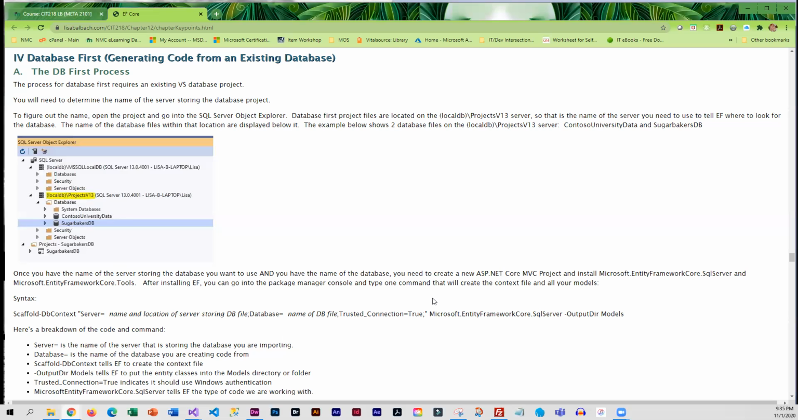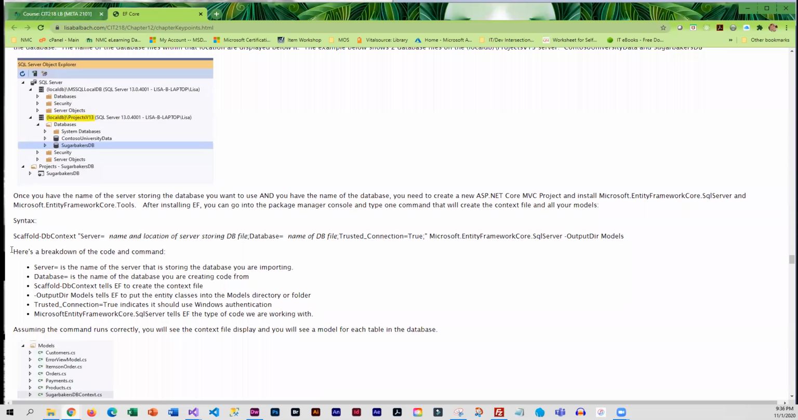Then our next step is to create a brand new ASP.NET Core MVC project. We do have to install Entity Framework Core SQL Server and Entity Framework Core tools. After we install both of those, we can go to the Package Manager console, and there's one command line that we need to key in. If we key it in right, it's going to generate all of our models and context file for us. So the command is